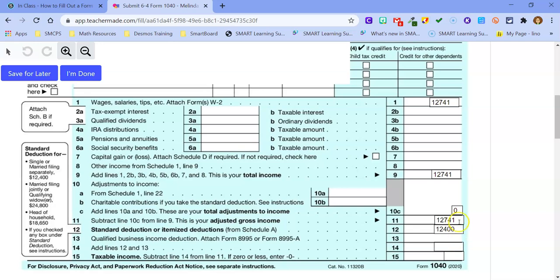Some people will mistakenly add lines 11 and 12, but it says add lines 12 and 13. Well, 12 has 12,400 plus there's nothing in 13, so line 14 would be